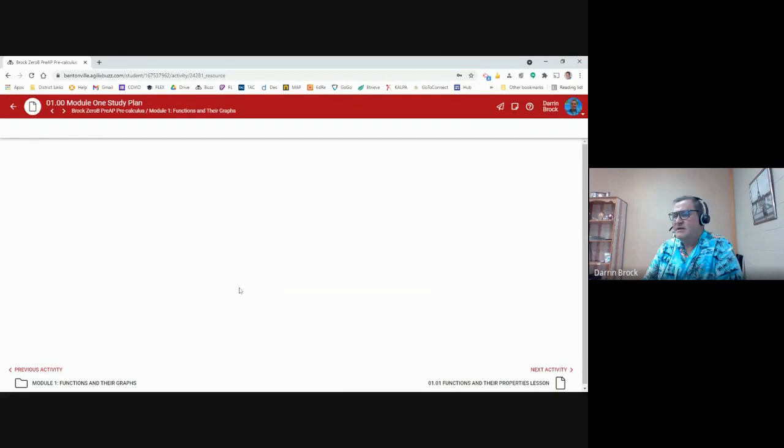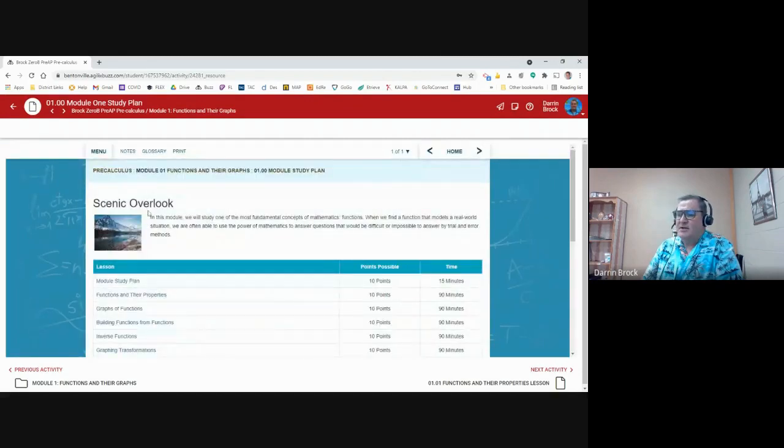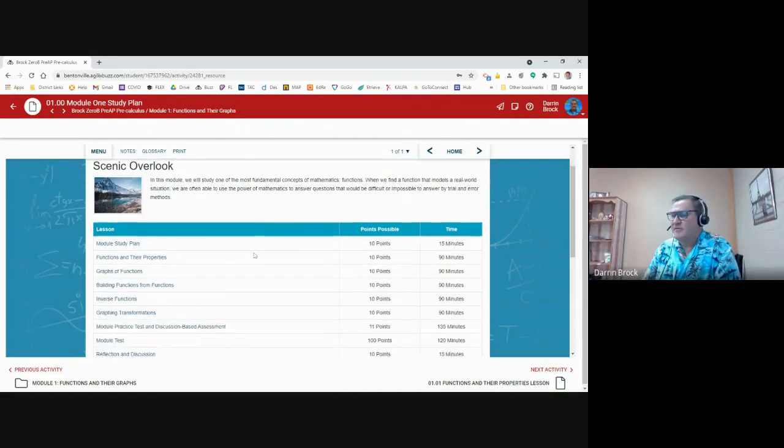This has kind of a scenic overlook, they call it. They like to give you the big look. Here's what we're going to be looking at. So for the first module,